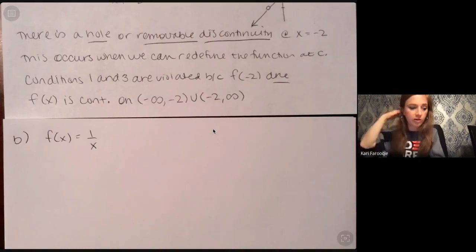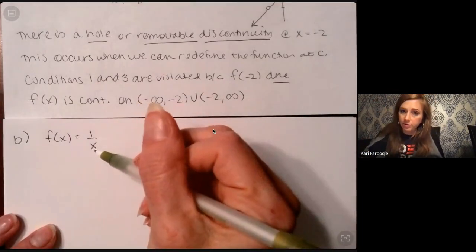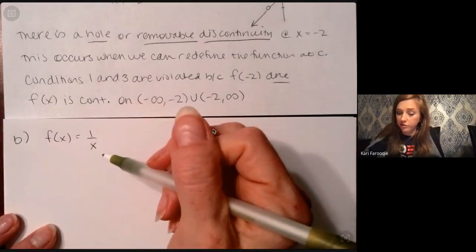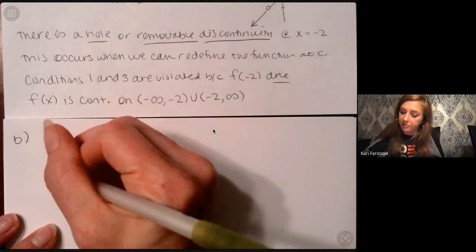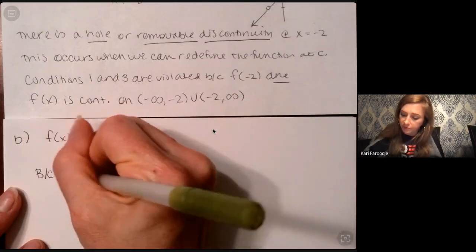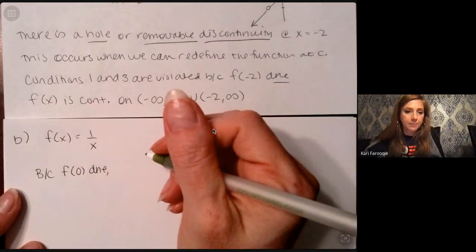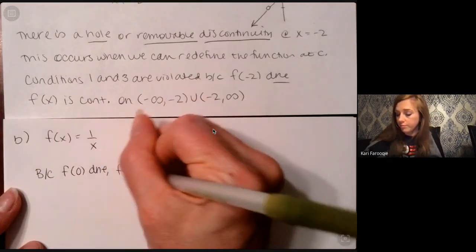You should have spent a lot of time working on this function. Right off the bat, you're going to notice that if x equals 0, you have a big problem because your function is not going to be defined at 0. So we could say that because f of 0 does not exist, the function is not continuous